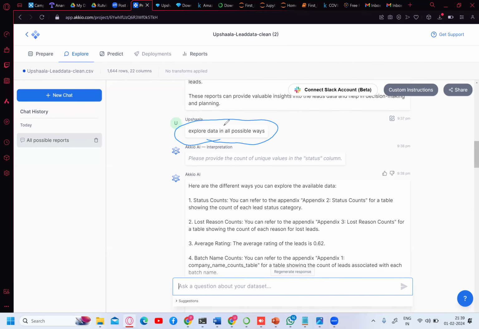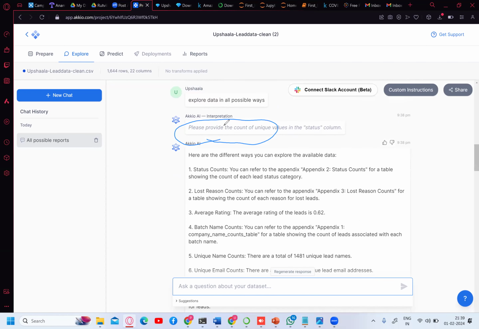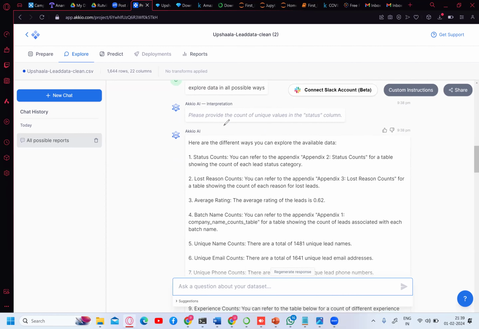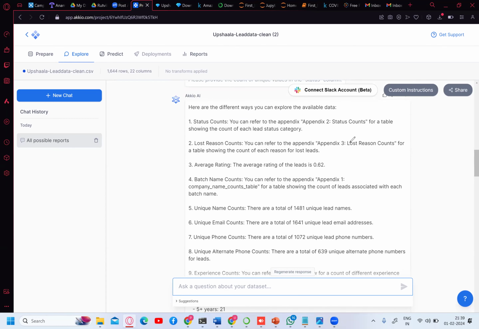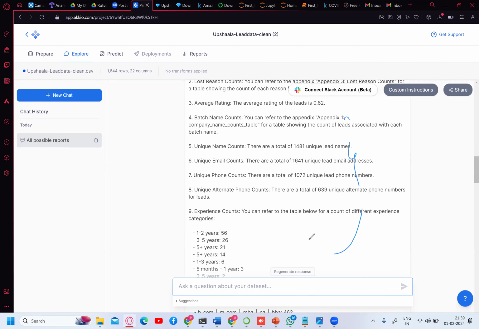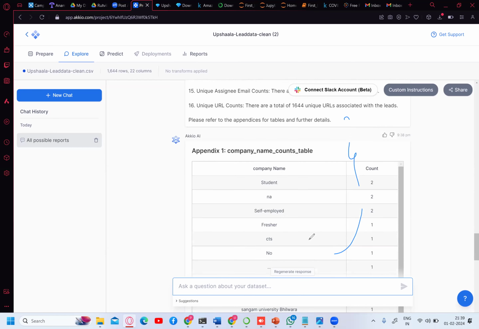But basically, in the morning I asked for all possible ways, and it was not responding. Again, we need to try with different questions, so that it will understand. So basically, see here, this is the normal data it has generated for us previously. Apart from this, if you scroll down, see here, it has given